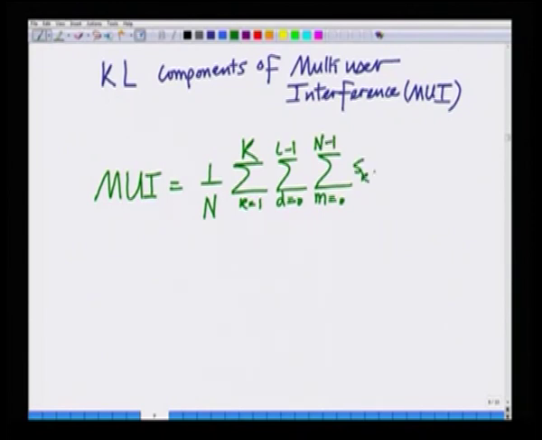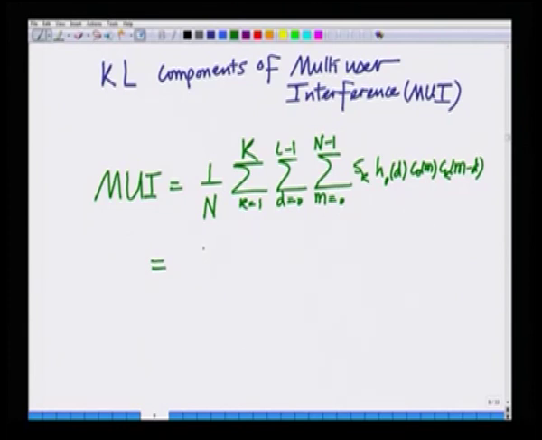Remember, now you have the symbol of the kth user Sk, h 0 of d, C 0 of m, Ck of m minus d. This can be written as